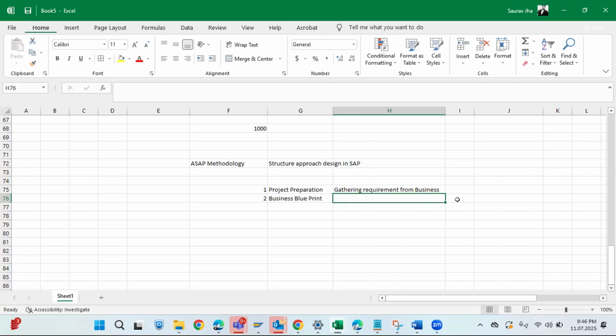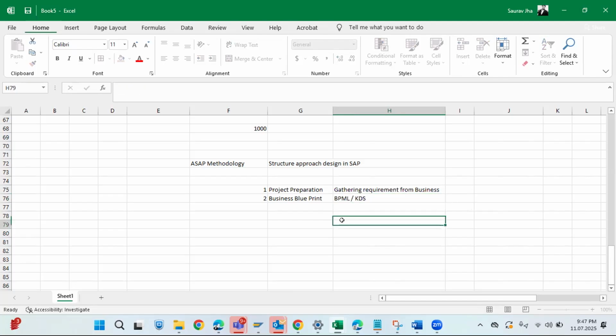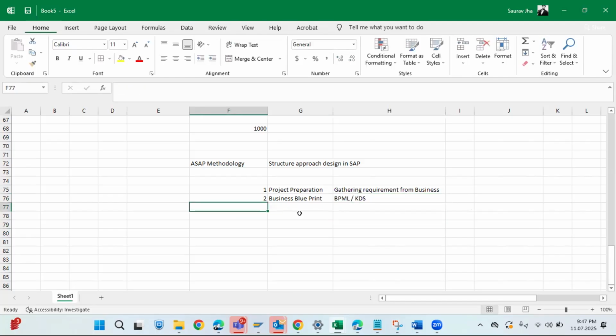Whatever structure we have captured here, for that we need to keep the blueprints. In blueprints, multiple things are there, like BPML, that is known as your business process list. Apart from that, the functionality of KDS. KDS is key data structure, you can say. Once your BBP is signed off from the business,